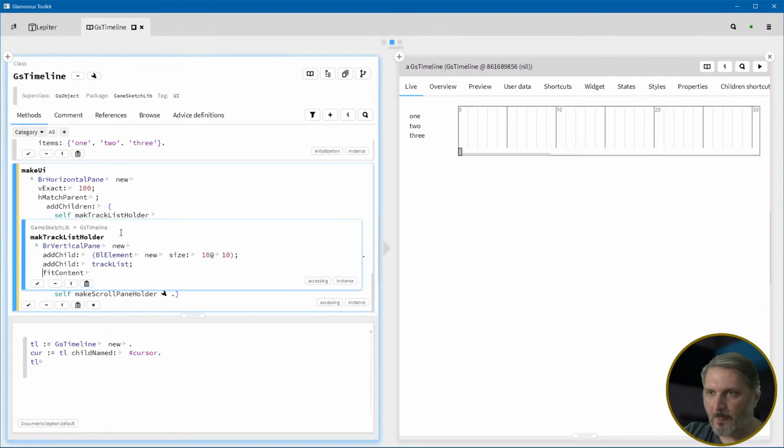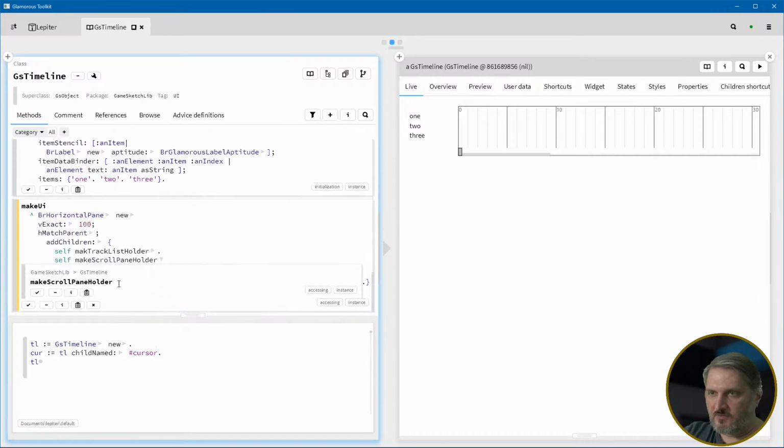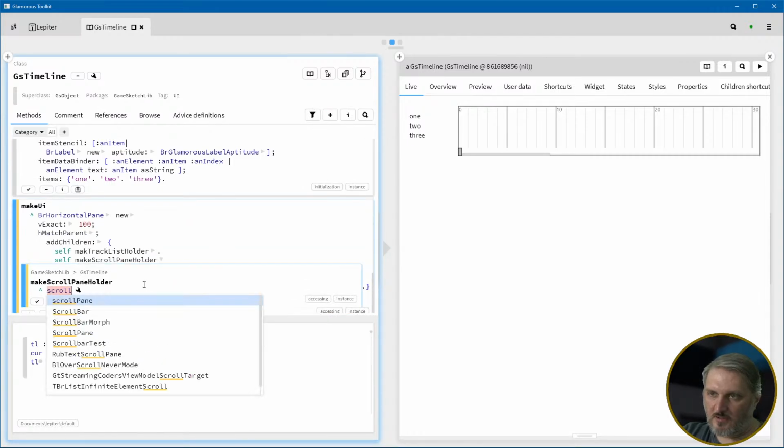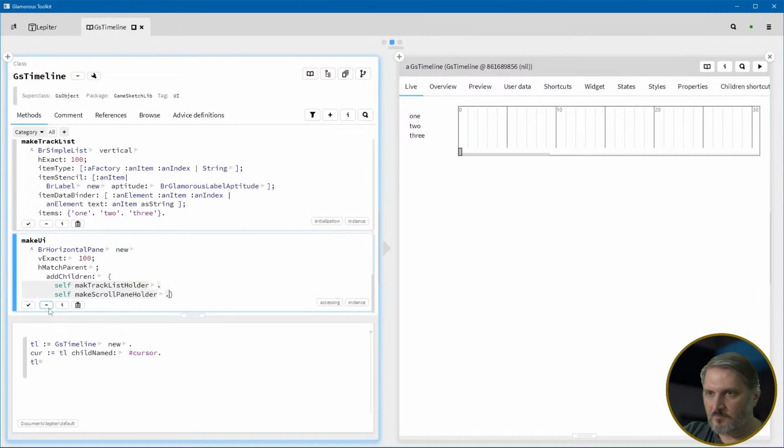Okay. And then same thing, we're going to make a new thing for the scroll pane. And right now that just returns scroll pane. Okay. And so if I run this, it should be the same. Yes. Okay. But now,